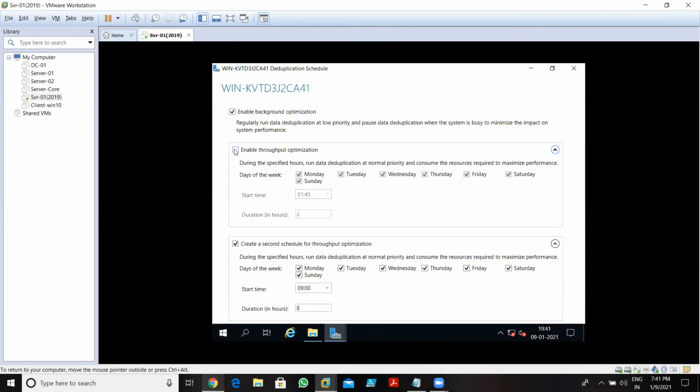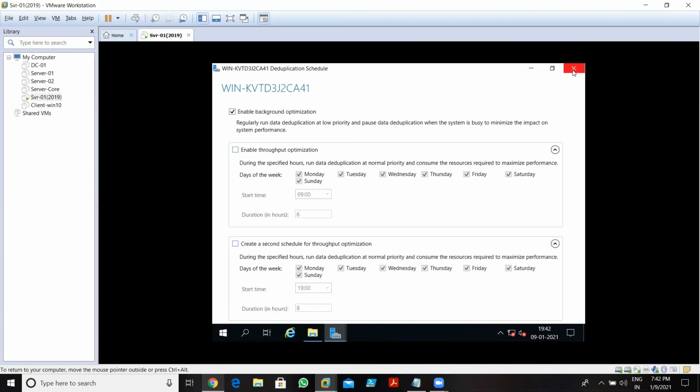So this is the first schedule, this is the first time, and this is the second time. You can go for that. Okay, so the first time, every day it starts at 9 a.m. And the second time I want after 6 p.m., so I want 7 p.m. onwards, like this. So the data deduplication runs twice now, every day. First it starts at 9, and second it starts at 7, like this. So you can schedule these things like this also.